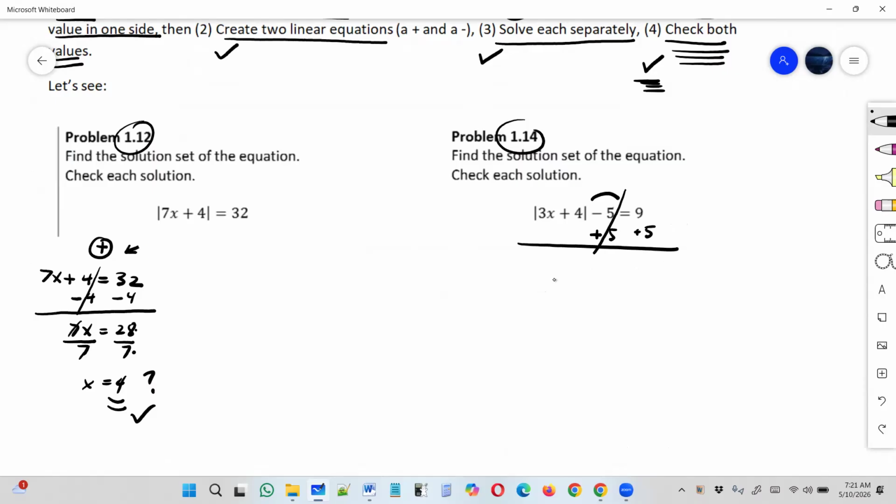So they cancel now, and I'm left with 9 plus 5. And now at this point, it kind of becomes similar to my 1.12 problem. And we go about the exact same way. We create at this point two equations, the positive one and the negative. The positive one, I just remove the absolute value sign and solve it, right? Isolate the variable,